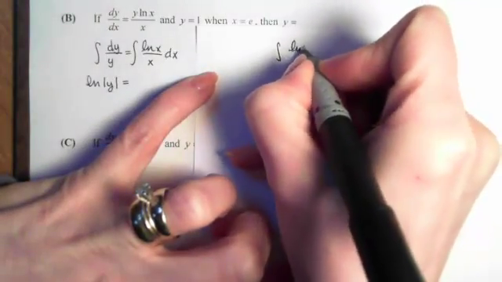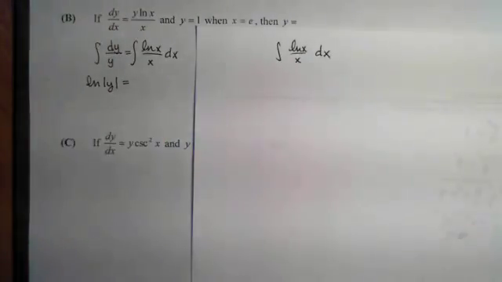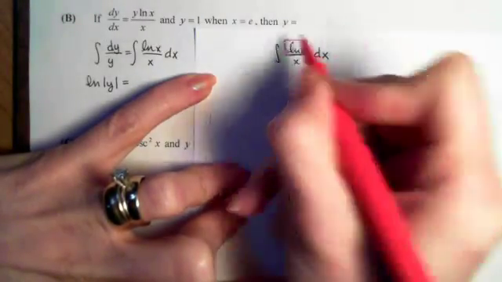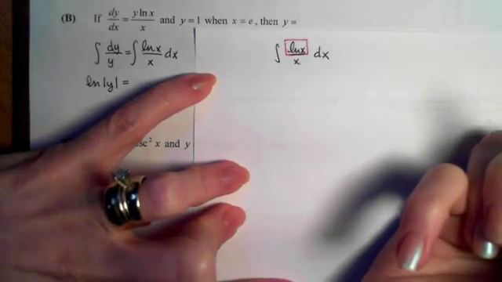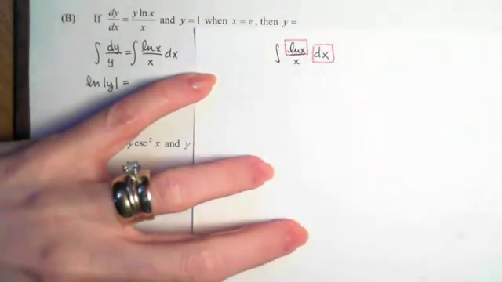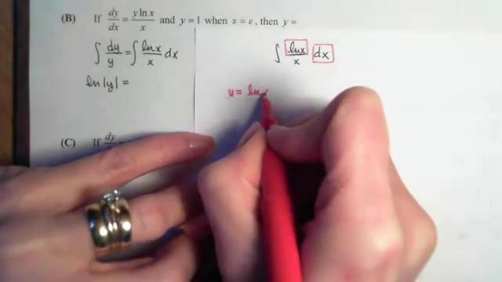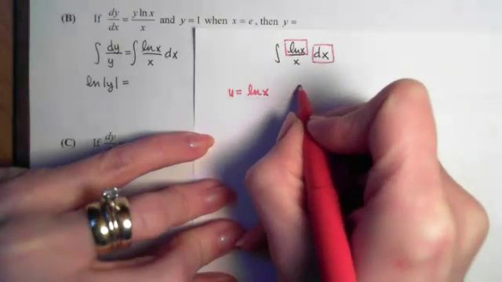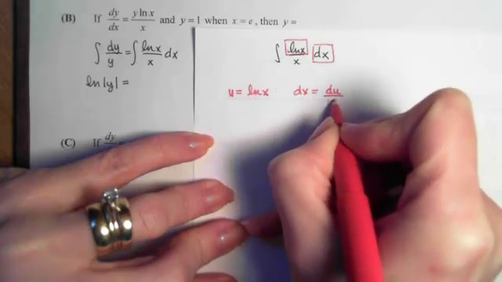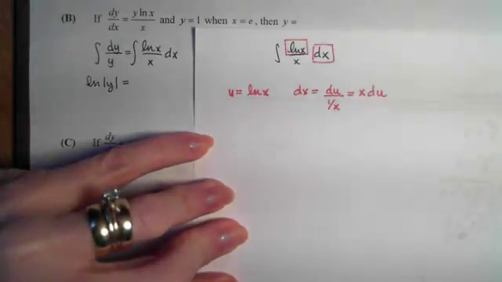So this ln of x over x is not anything on our green sheet, so we're going to have to solve it using our substitution method. So we're going to look for a u whose derivative is also in there. Remember that the derivative of log natural of x is 1 over x, and that's in there. And we've got this dx. So we've got to remember what we did in section 5.5. In 5.5, we wrote down what our u was. Then we found our dx, which was a du divided by the derivative of that, which is actually x times a du. Then we rewrote